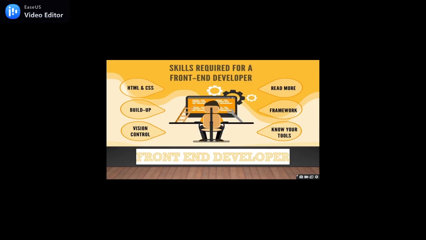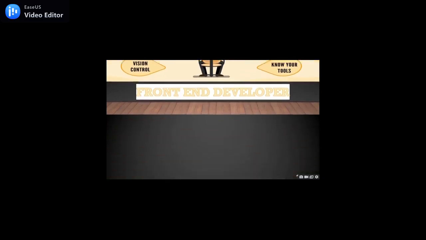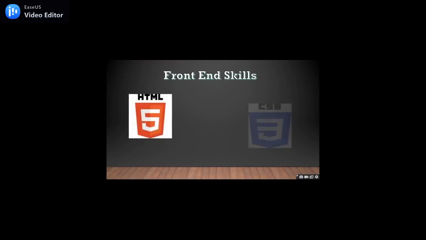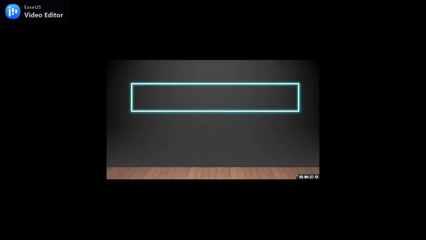So let's get started with today's session guys. In today's session we are going to complete two basic front end skills, that is HTML and CSS. Before moving to the HTML and CSS part, it is important to know about web pages.